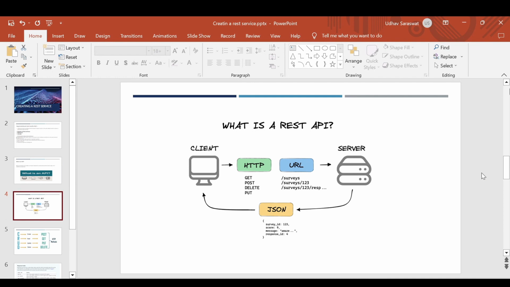Like we discussed, the server can host several endpoints which will have different data according to the requirements. So that URL will define that this request has to go to this particular endpoint. For example, we have /service 123 some ID. Like that we have different URLs. Using those, that particular endpoint in the server will be called, and then the server will send back a response